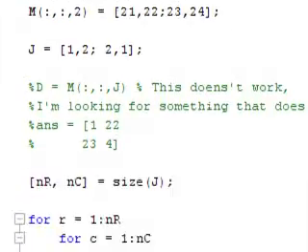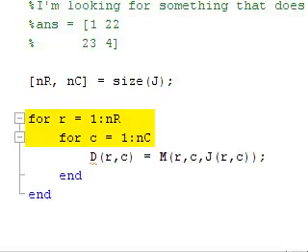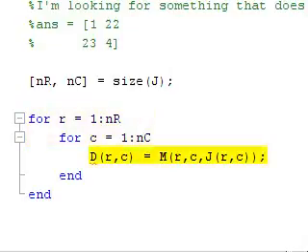The first thing that I need to know is the number of rows and number of columns in J, that indexing matrix. Having that, then I'm going to loop through the rows and columns and basically pull out the value of the big matrix M. Notice that I am basically using the row and the column as is from the for loop, but then to get the layer, I look inside of J again at that given row and column, and I just store those